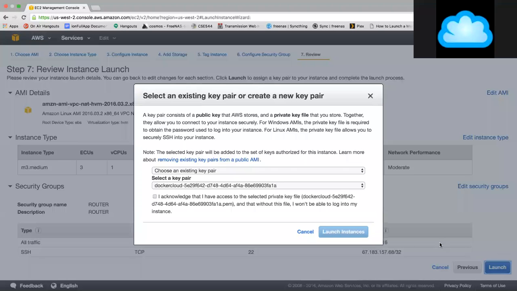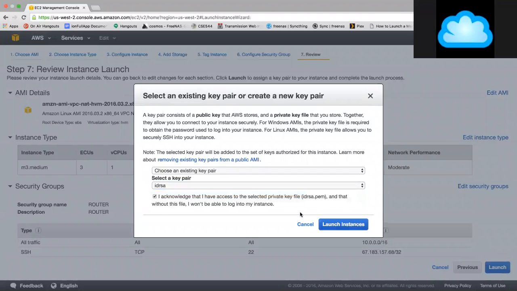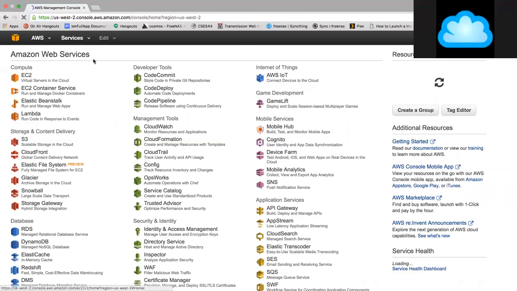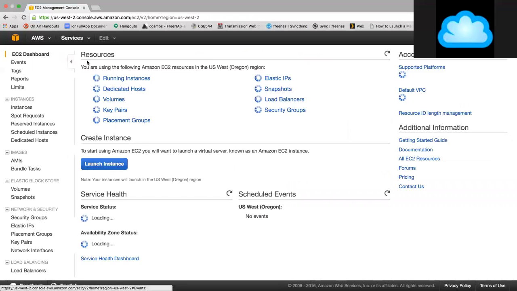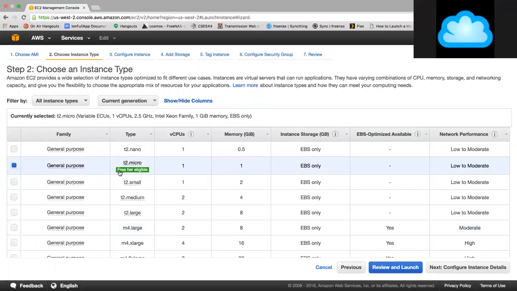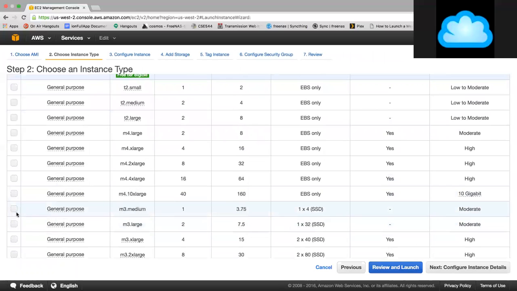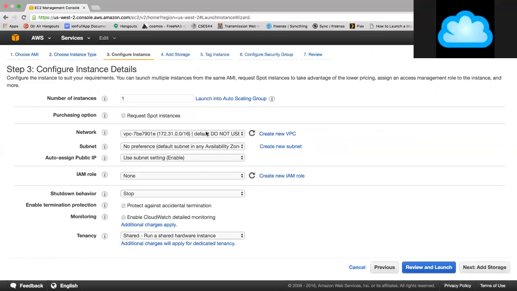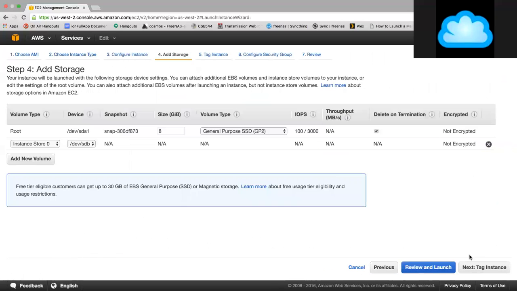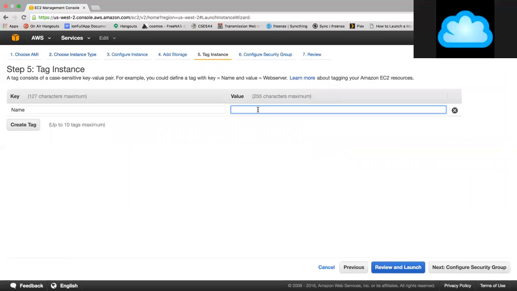And then I will launch and select my key pair, acknowledge, proceed. Now that gives me a router. This is the router. I will go create one more box in EC2 and say launch an instance. This time I'm going to launch an Ubuntu instance and put that in M3 medium here and configure instance details. I want to put the Badal VPC, put in the private subnet. Don't want to get an IP address, disable. So Badal private, disable public IP, add some storage, tag the instance, call it my app server,